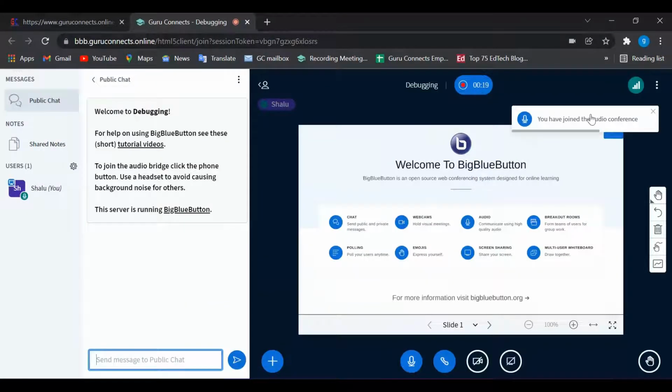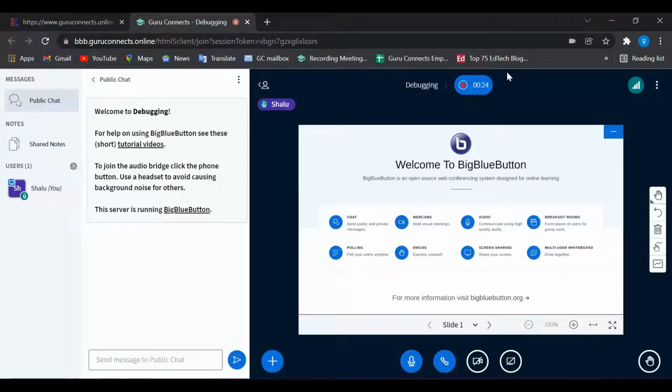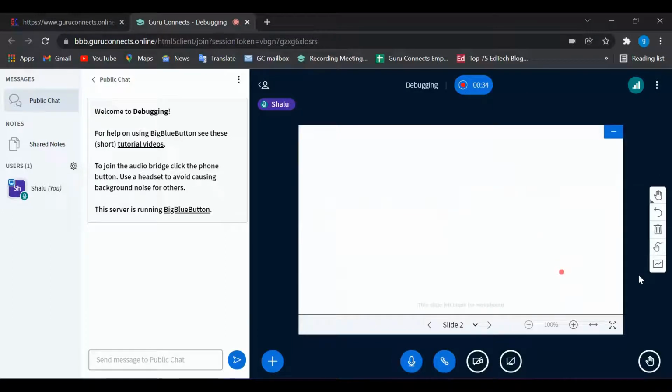Now these sessions are auto recorded always, so there is no necessity for us to turn on the recording every time we join a live session. We have multiple different features over here. If you see here, you have a plain whiteboard which has a multi-user on and off. If you turn on multi-user, you will be able to give access to everybody who is there with you in the institute in that particular live class. There is nobody else apart from me, and that's why it shows 0 as multi-users.